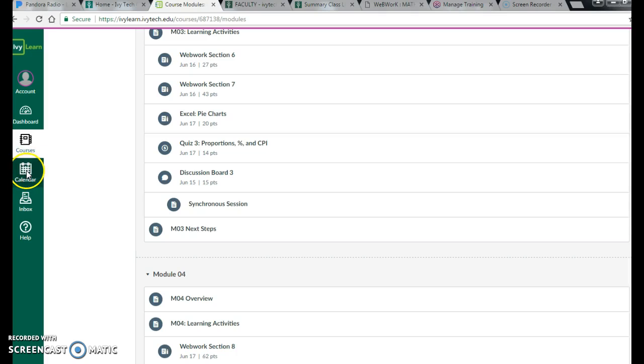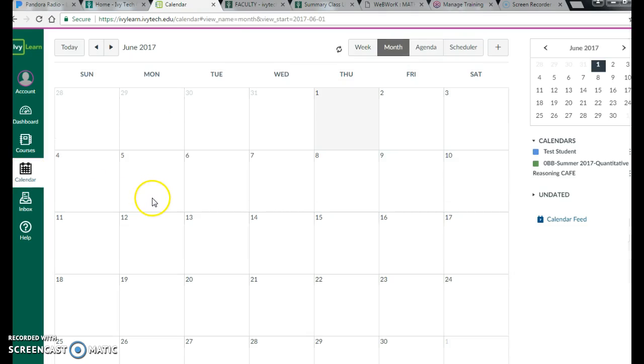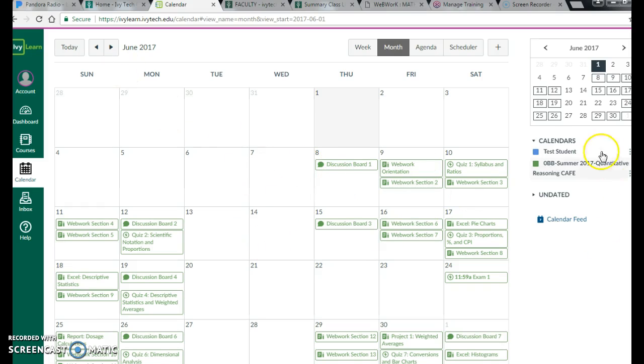Now I want to also point out the calendar feature. So in the calendar, it's going to populate here in green. You see on the right hand side I have two colors. I have blue for test student, there's nothing in there, but I have green, and that's my summer course. If you're taking 2 summer courses, 3, 4, however many you're taking, hopefully they are all different colors, and they should be. That's how they populate,